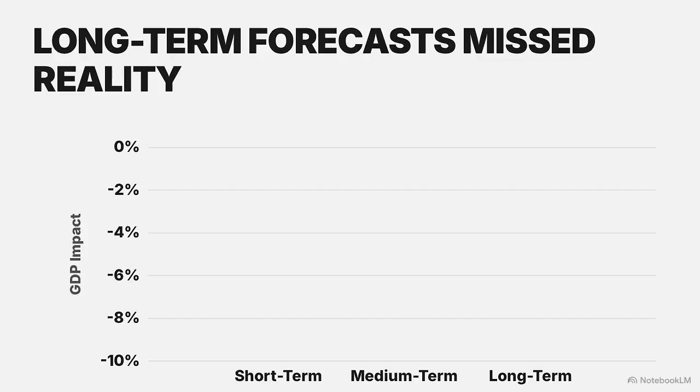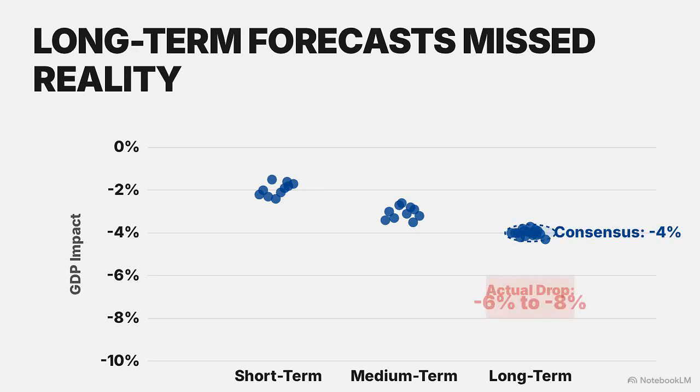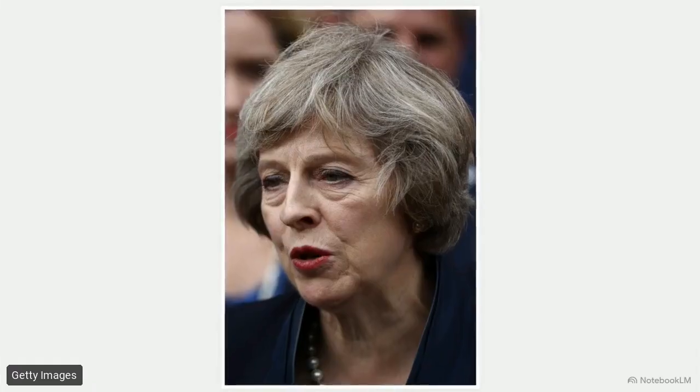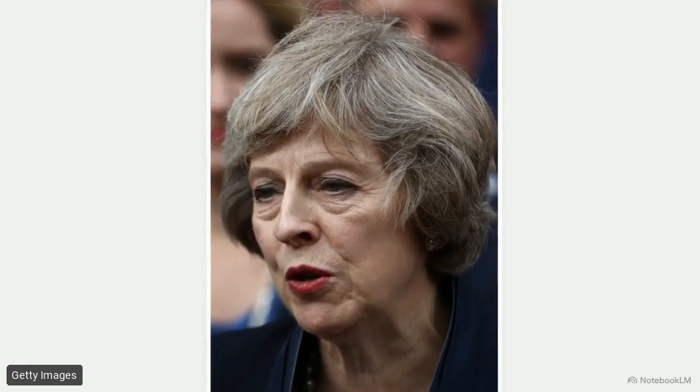This chart maps those early forecasts. While academics and banks were largely accurate in the short term, their long-term predictions were tightly clustered around a 4% loss. This represents a significant underestimation of the eventual 6 to 8% drop we recorded. Most models accounted for the impact of tariffs, but they failed to account for the prolonged uncertainty caused by years